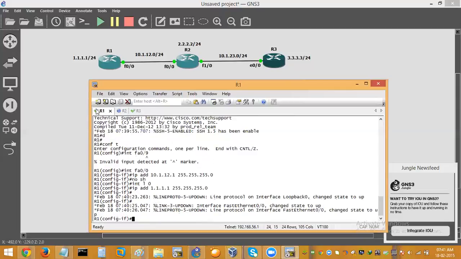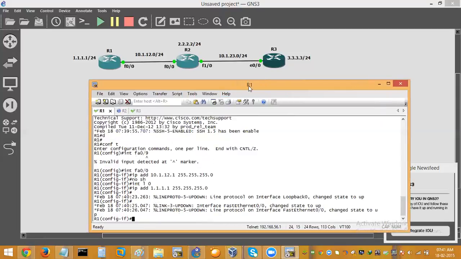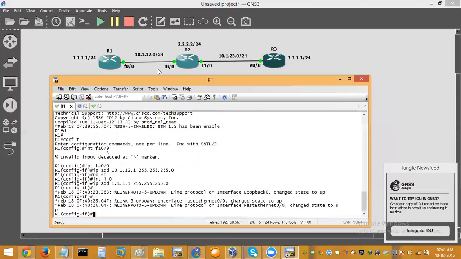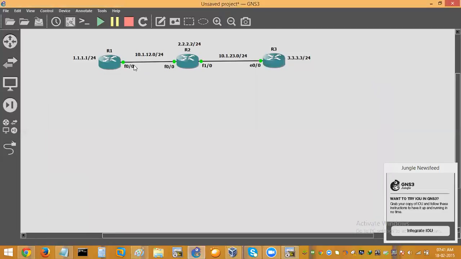Okay, so IP address configuration is done. Right now, R1 is going to know about two networks, this network and this network. If you compare here, R1 knows about two networks, R2 knows about these three networks, and R3 knows about these two networks. Because by default, without doing any routing, all the routers know only about the directly connected